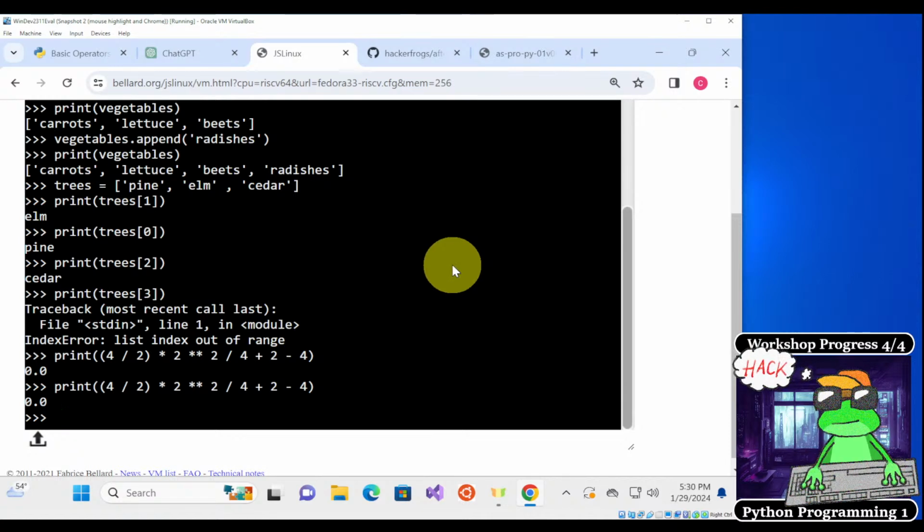Okay, so inside of my Python interpreter here, I'm going to start writing some code.